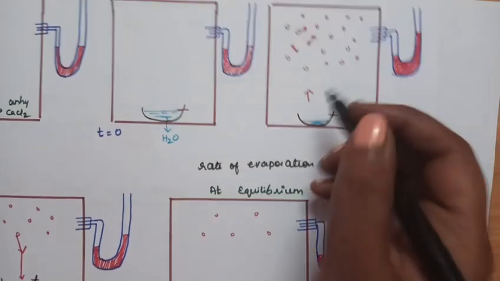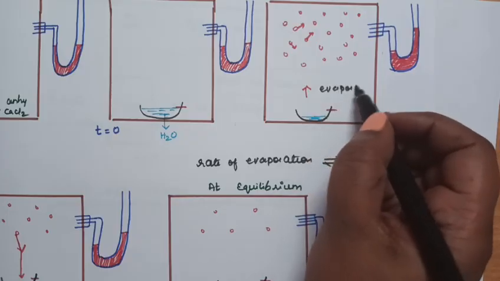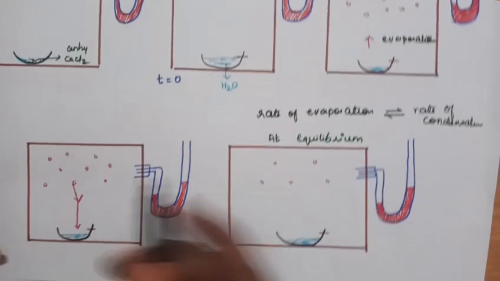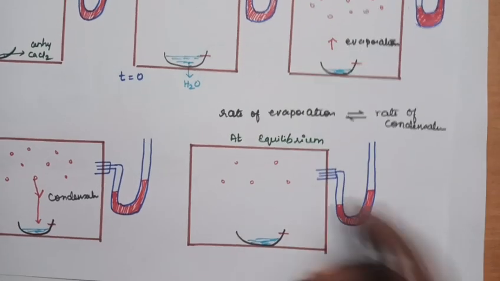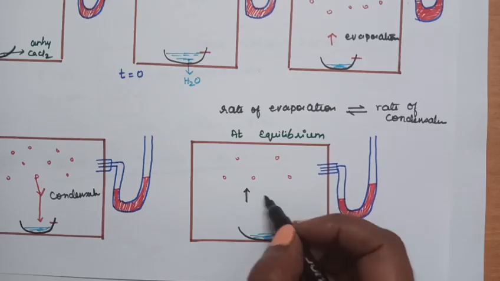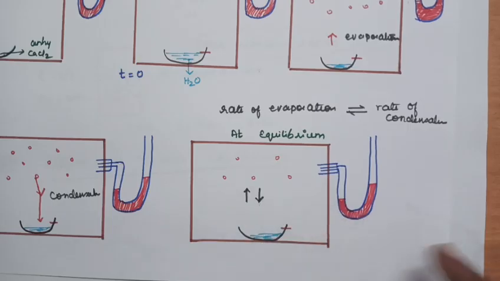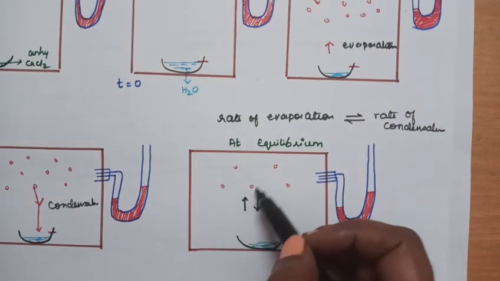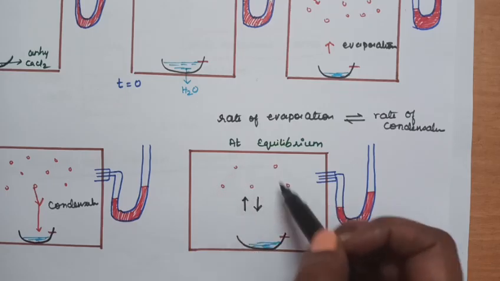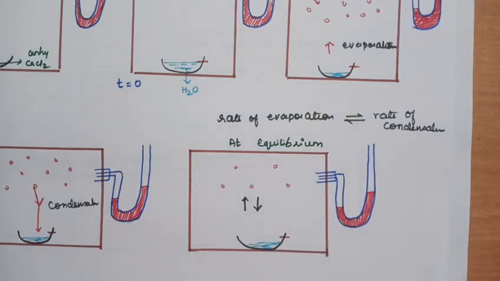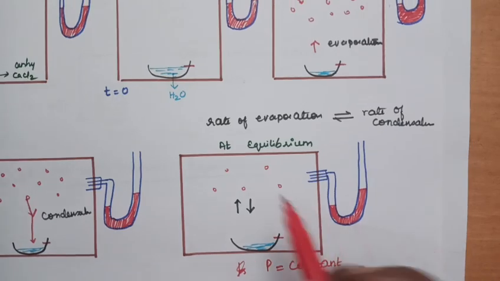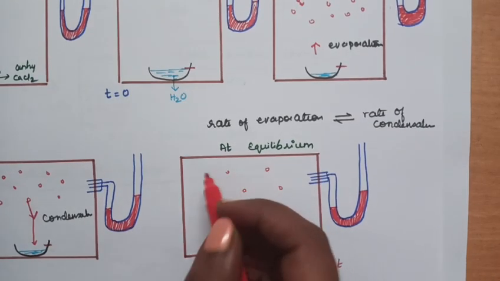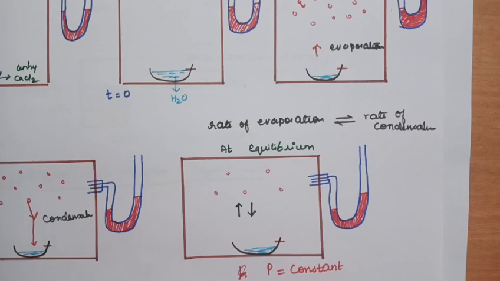So here in this step evaporation takes place, and here condensation is taking place, and here the rate of evaporation becomes equal to the rate of condensation. That is why the number of molecules will remain the same here. The number of gas molecules remains the same. Therefore, pressure becomes constant. So students, the pressure which is exerted by gas molecules here is called vapor pressure